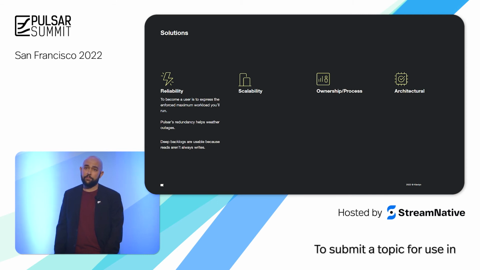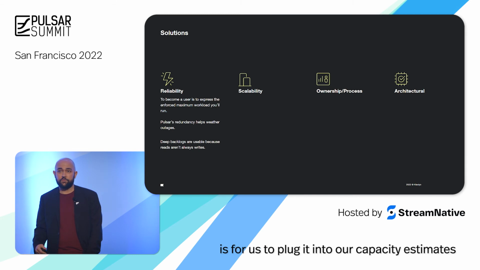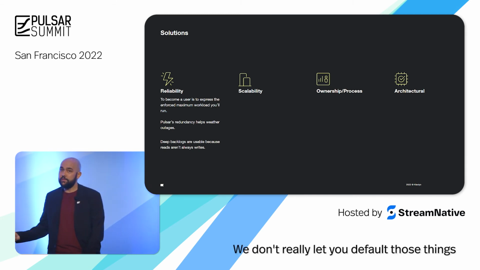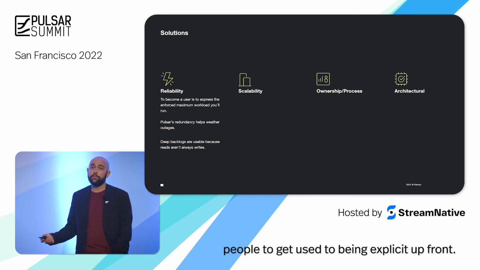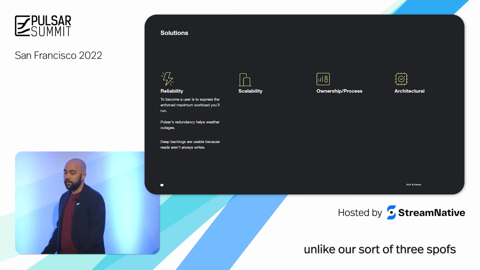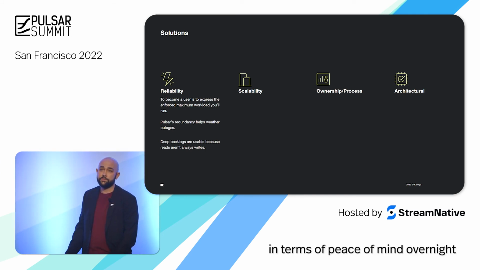To submit a topic for use in production is to submit the rate limits it'll be subjected to, and to submit them to us is for us to plug it into our capacity estimates and tell you if they're okay or not. We don't really let you default those things because we really want people to get used to being explicit up front. Additionally, Pulsar is redundant, unlike our sort of three SPOFs in a trench coat approach to RabbitMQ,